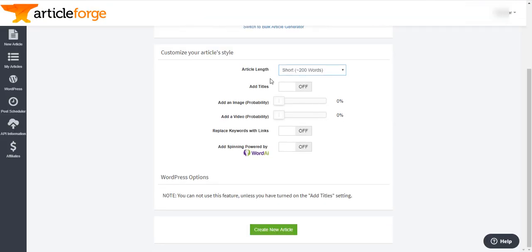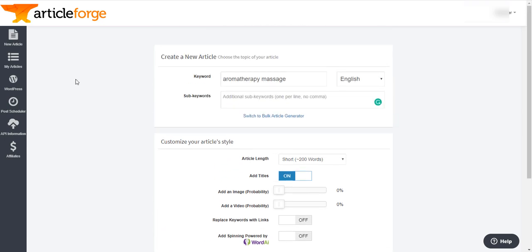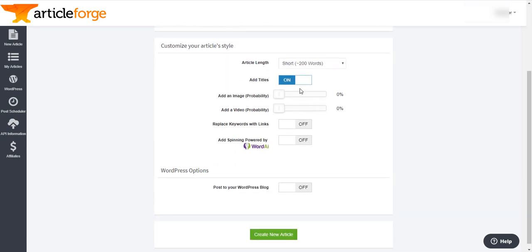Now, with Article Forge, you can post the article directly on the blog of your choice. Let's say you have 5 blogs. You can enter the blogs here on WordPress. Each time you write an article, if you specify a title, you can specify on which blog you want that article to be published directly. You cannot do that with